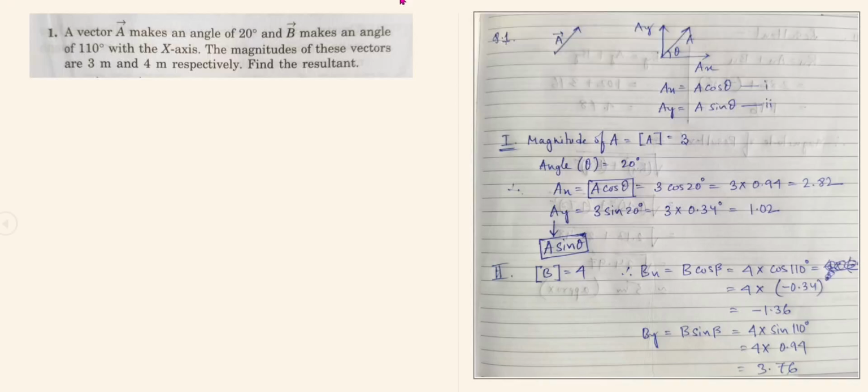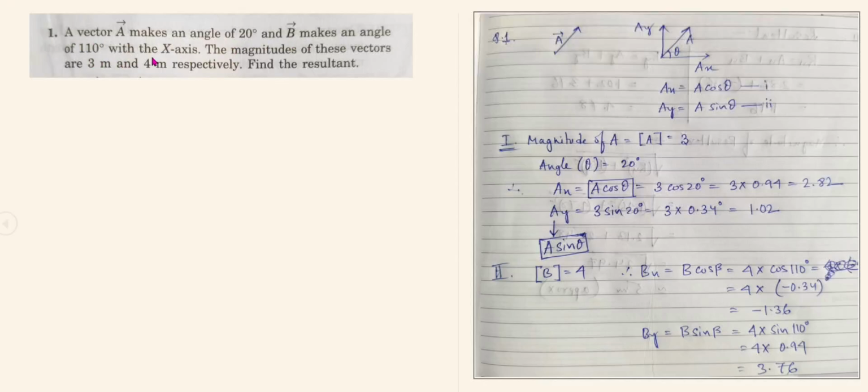Hi everyone. Today we will be discussing the first question of the book Concept of Physics by HC Verma. Going to the question, it's given a vector A makes an angle 20 degree and vector B makes an